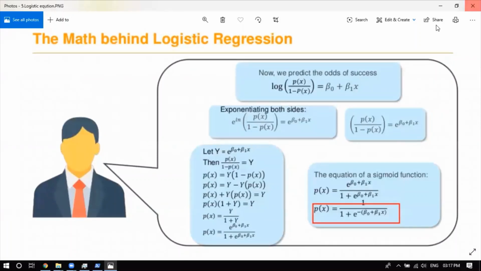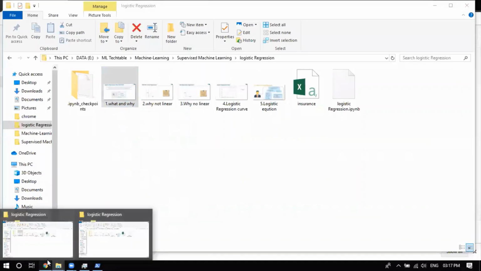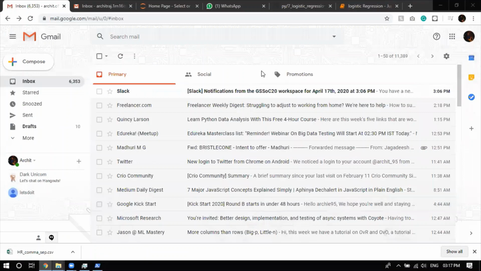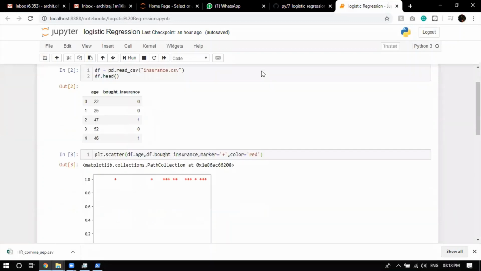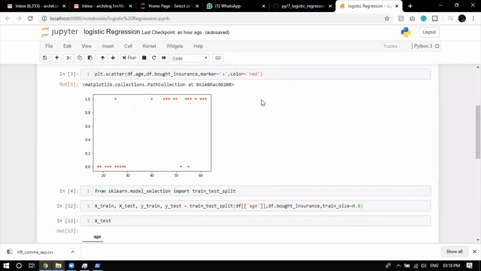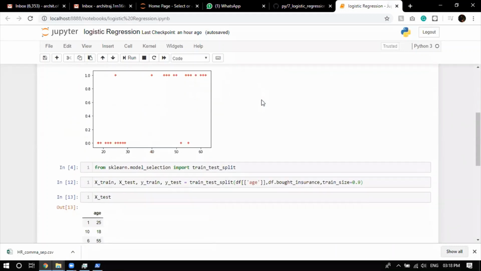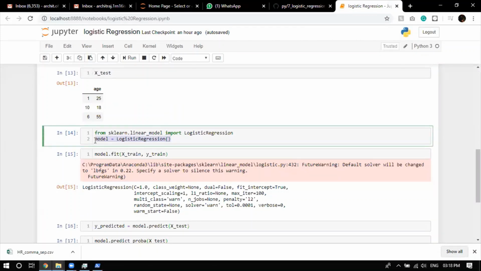Now I'll jump to the code. It's one of the easiest pieces of code you can see. As I told you, any code you write in machine learning with logistic regression is going to be really easy. Even to understand it, you just write one line. All the things I explained that happen behind it, like doing the exponential, logarithmic, and shifting it to the sigmoid function, all of that just happens in this particular line.